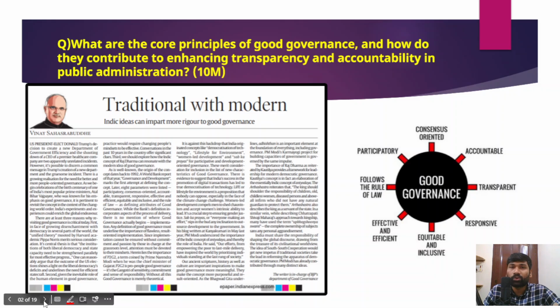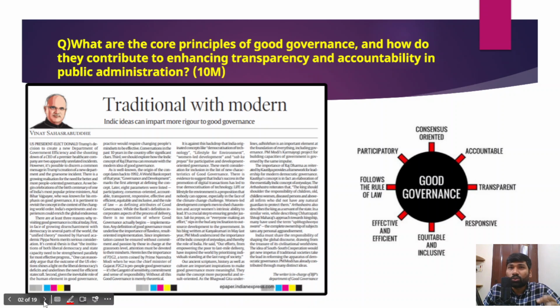Now, how we could actually structure this question is very important. First of all, you could write the definition of good governance, right? The World Bank has given a definition of good governance. You can write the definition, and you could also write case studies as best practices of good governance that are being followed in different states. That makes your introduction more and more appealing and more attractive as well.